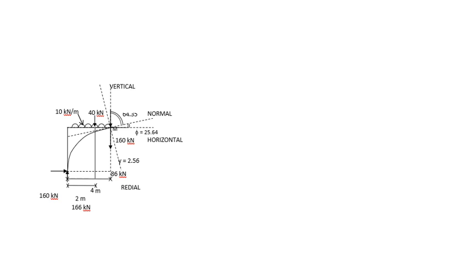So vertical forces are VA, that is 166 kilonewton, and the total intensity of the UDL for a span of 4 meter, only 4 meter span we have to consider, that is 10 into 4. Under that, a 40 kilonewton force is acting. One more 40 kilonewton force is acting at 5 meter from the end A, so it does not come into picture. Only 3 vertical forces. So that is 166 minus 40 minus 10 into 4. So we get V as 86 kilonewton.